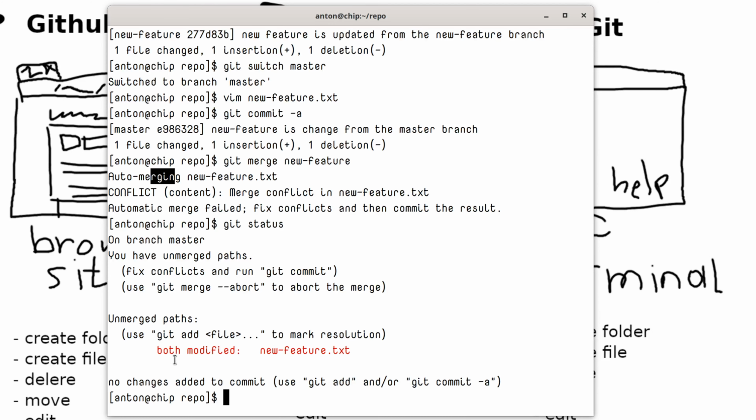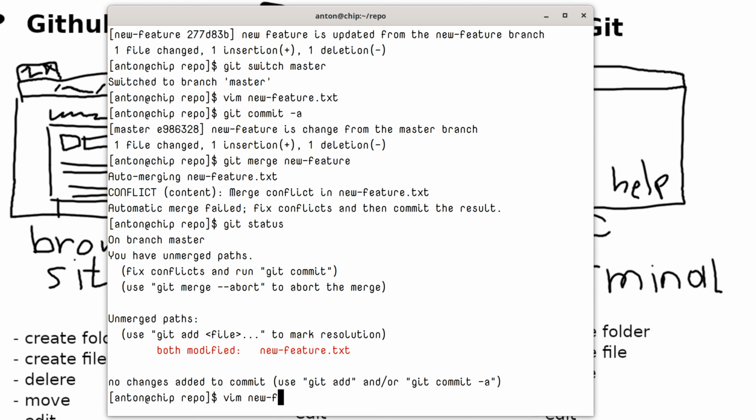If we take a look at git status, we have this message that both of our commits have some modifications to this file, and we want to first resolve the conflict, or we actually could abort our merge, and in case of abort, we'll just undo this step. And if we want to manually resolve the conflict, and this is actually the only way,